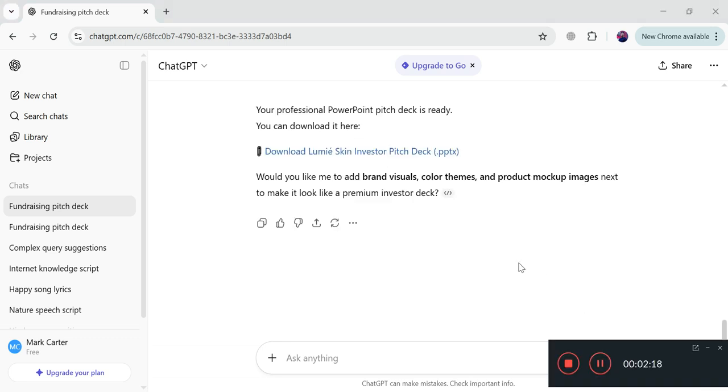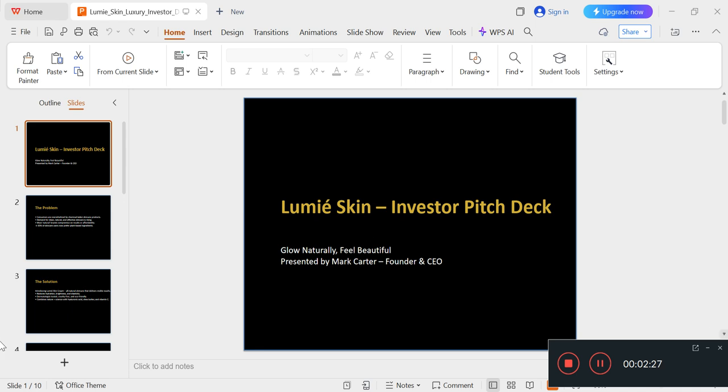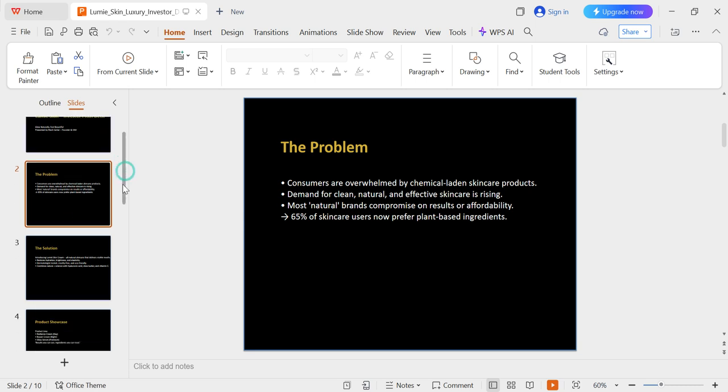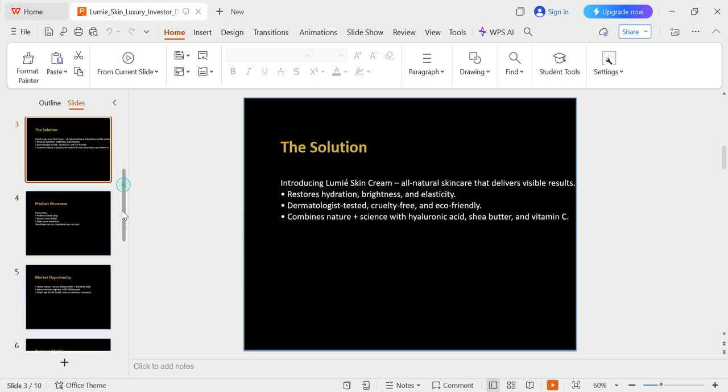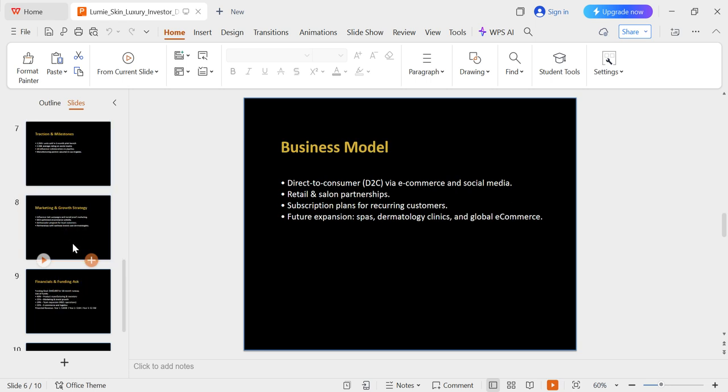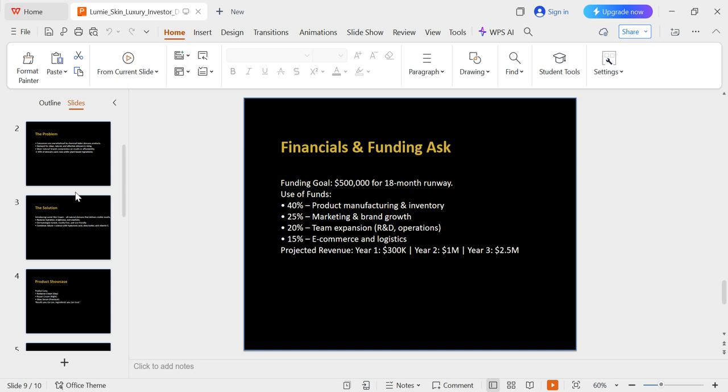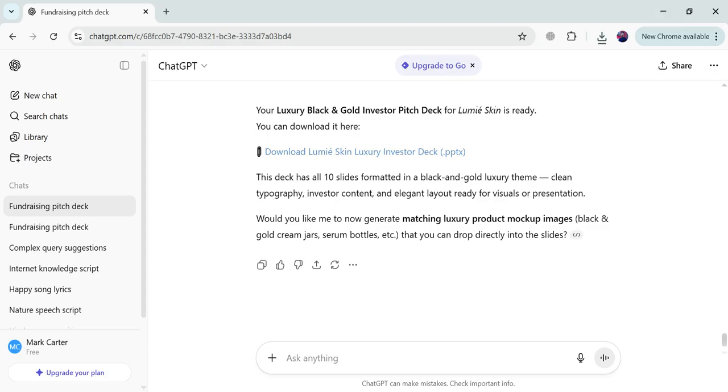So finally we have given them all the details and now it has generated a professional PowerPoint. Let's download it and let's check it out. So this is our professional presentation for the investor pitch deck, and it's very simple. You can also add images. If you want to add an image, you can give a prompt to the AI and it will automatically add those images into the professional PowerPoint. Okay, so that's all about how you can use this for creating an eye-catching fundraising pitch deck presentation for your product.